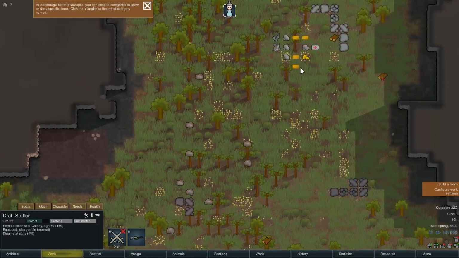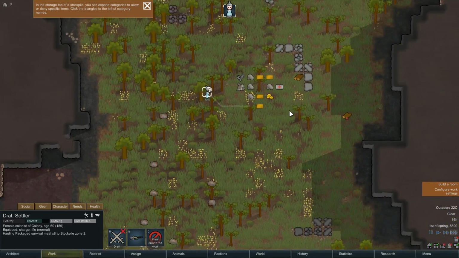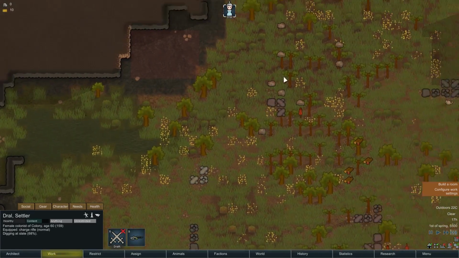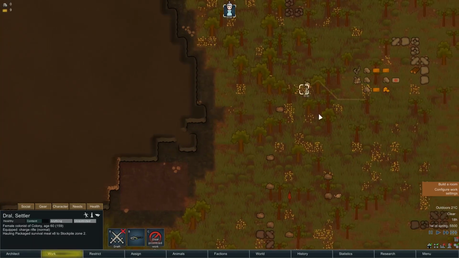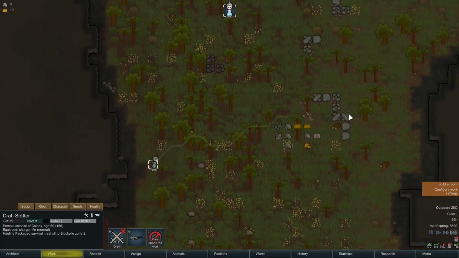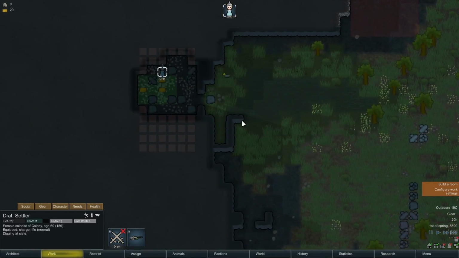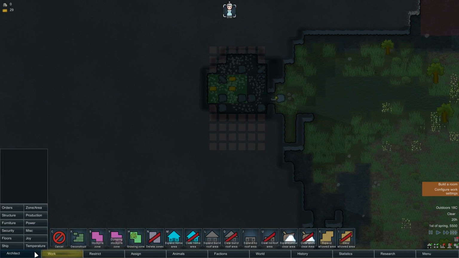Okay, Doral, I'm gonna have you go ahead and prioritize hauling the food in, because making your home is one thing, but getting that food in is a little bit more important. Haul that in. You're on your own, Doral. Okay, we'll get the food brought in. No, Doral, go get that last food packet. And then we're going to...